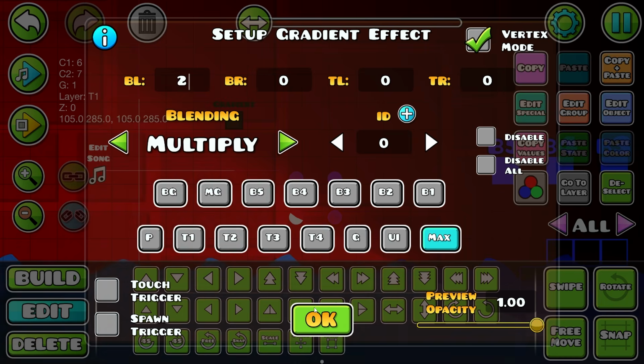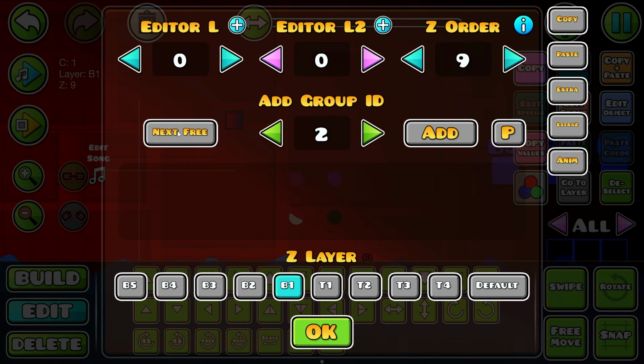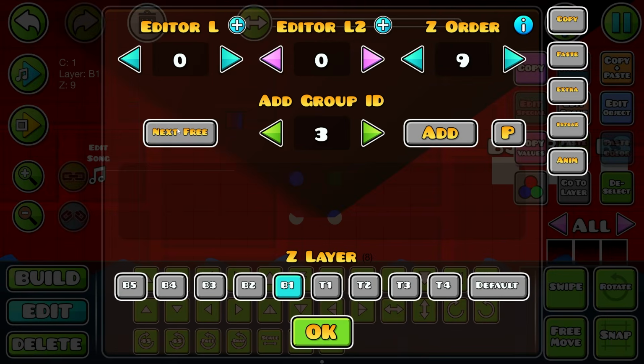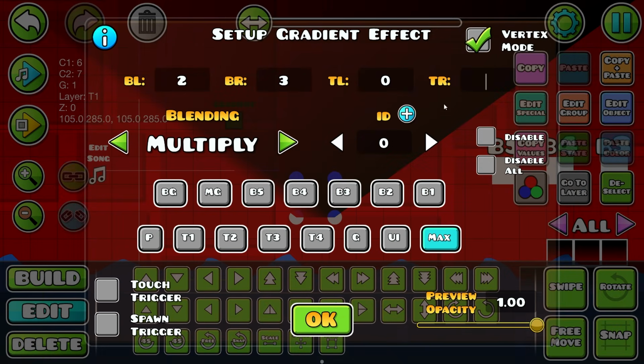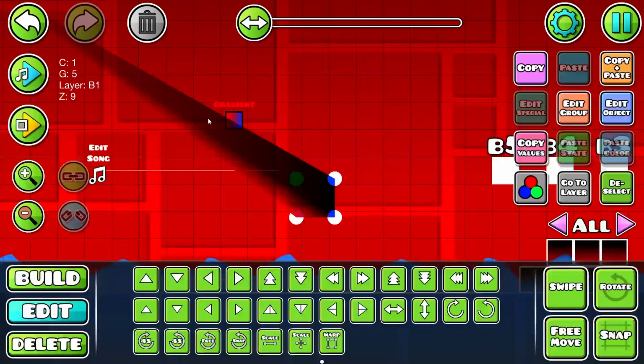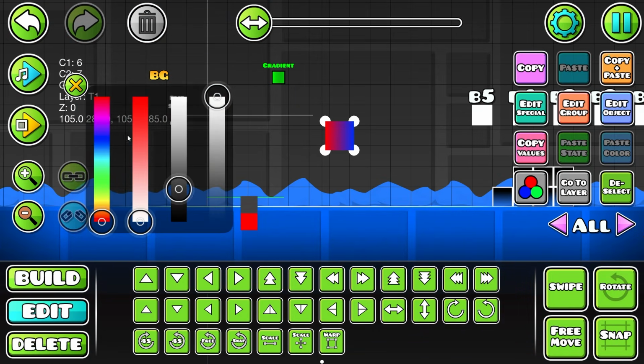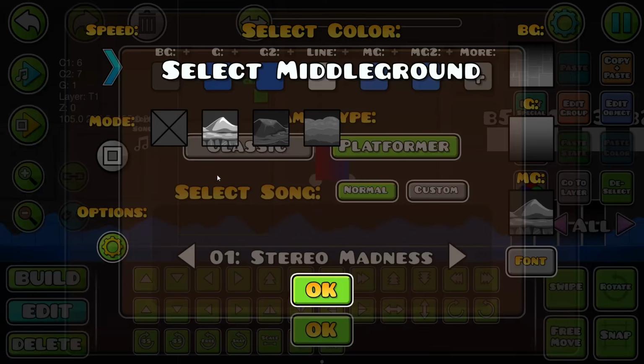So bottom left is 2, and then this one has a group ID of 3. So right bottom is 3, and then this one has a group ID of 4. So top right is 4, and the left one is 5. The last one is 5. Boom. I'm just gonna make the background kind of dark gray, and I'm also gonna remove the middle ground